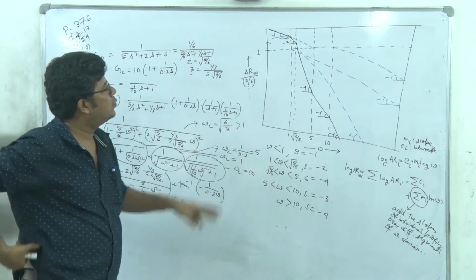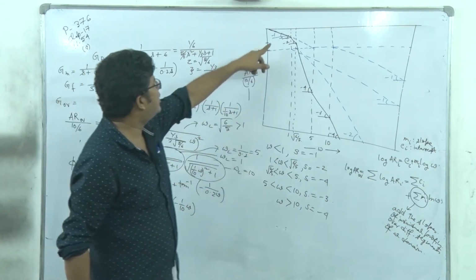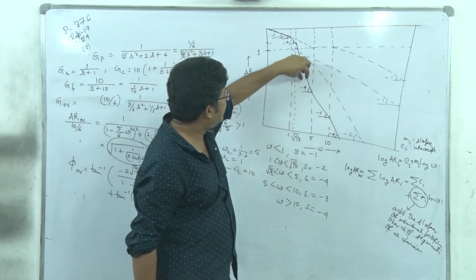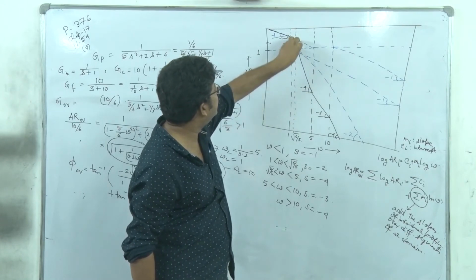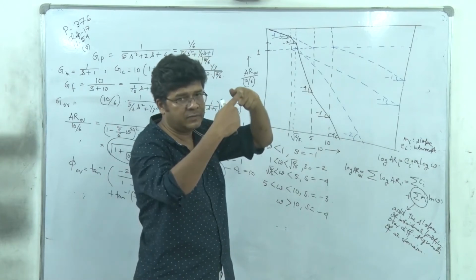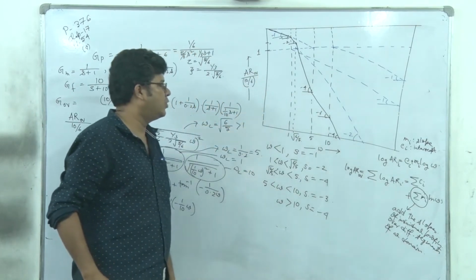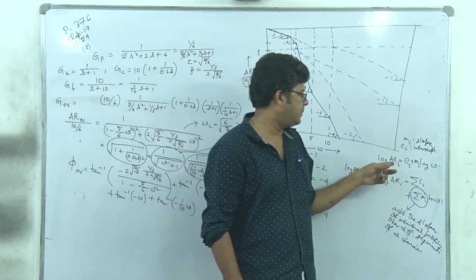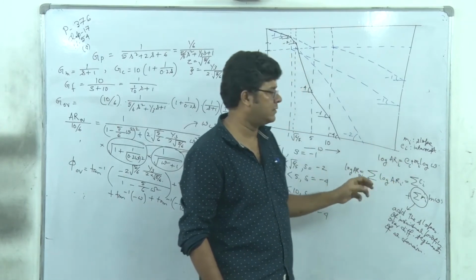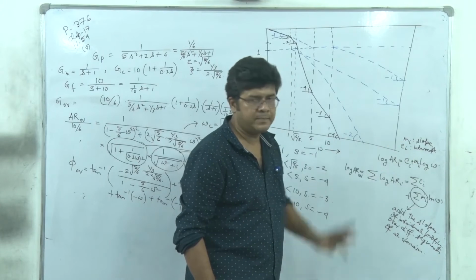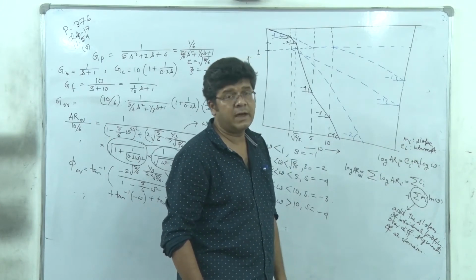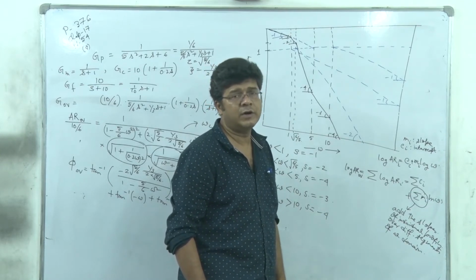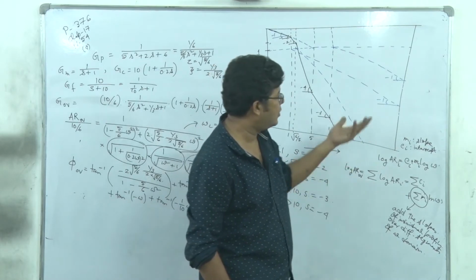And actually, we have to draw the asymptotes majorly. Now if I want to draw the actual curve, it will be more or less close to that asymptote, and then the deviation will be maximal here, over here, over here, and over here at these junction points, right? So that's the Bode asymptotic plot for this combined system. So what you have to note is that all asymptotes for all the different types of system, we can express in this form, right? Now this Mi may vary from 0 to anything, minus 1, minus 2, minus 3, that depends on the order of the system, or plus 1 for PD controllers and all, right?